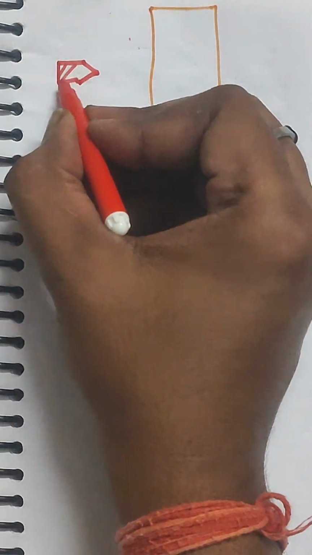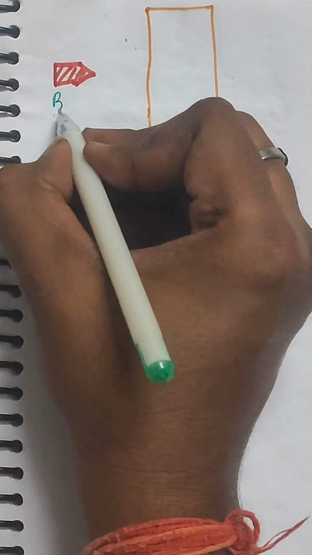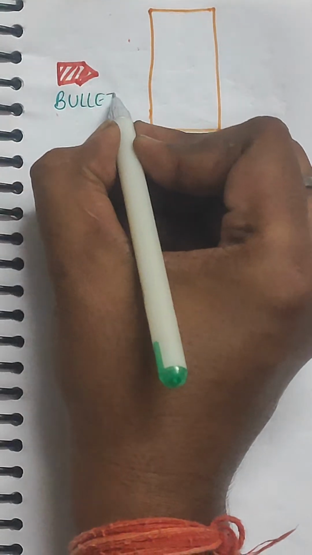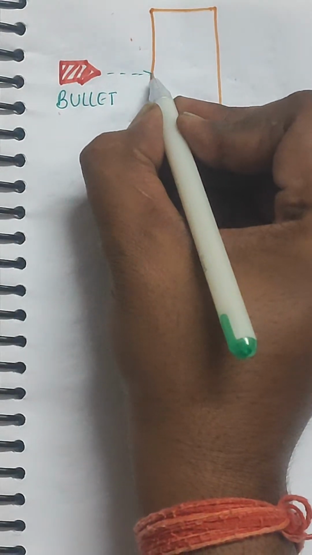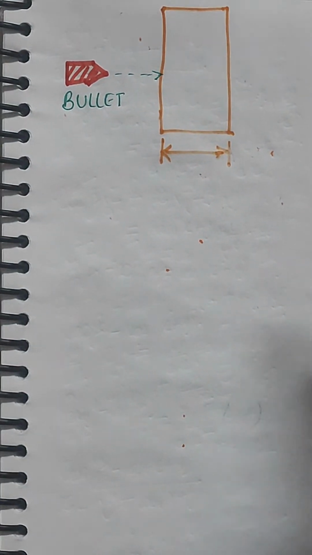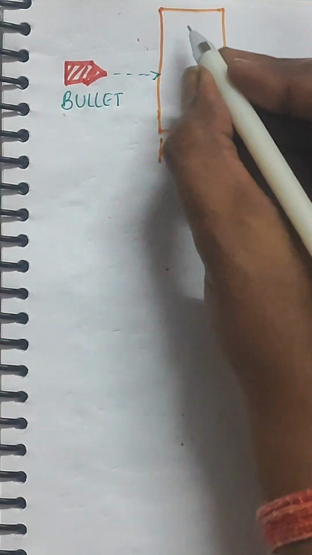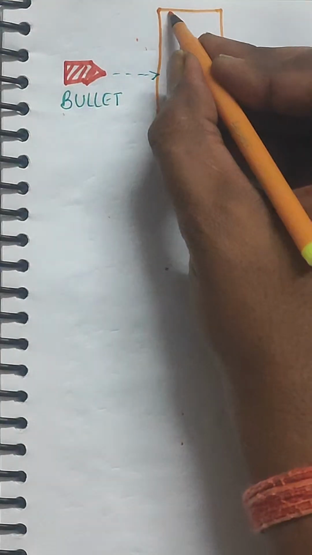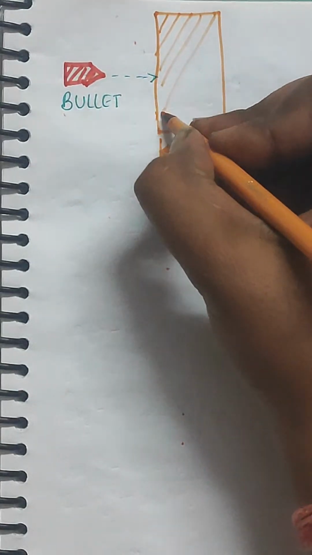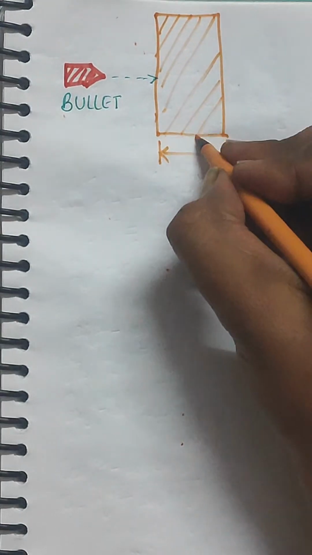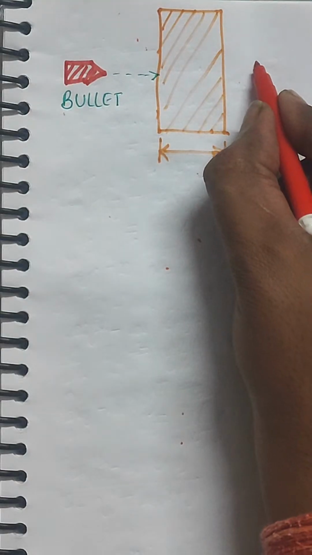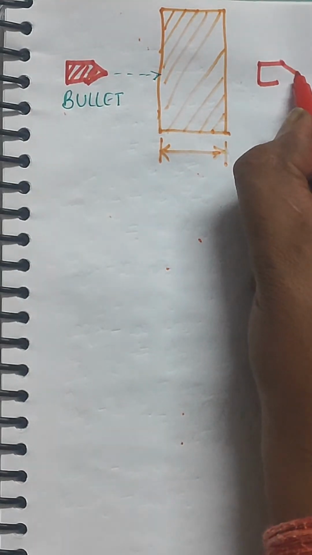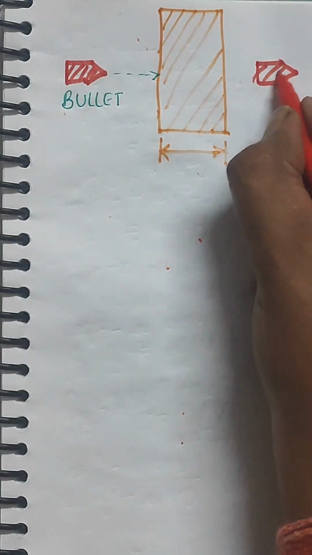So if this is the bullet which is fired from a rifle, this bullet goes and hits this wall, and since this is a mud wall, it crosses through this wall and comes out on the right side like this. Okay, now the question is that